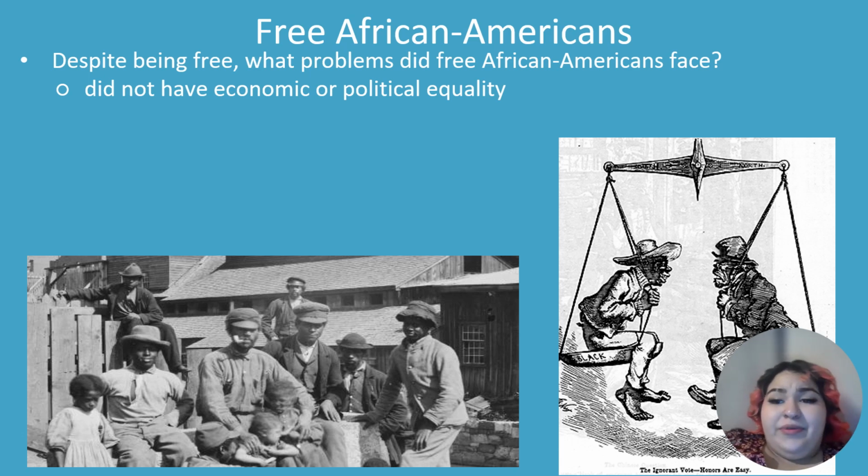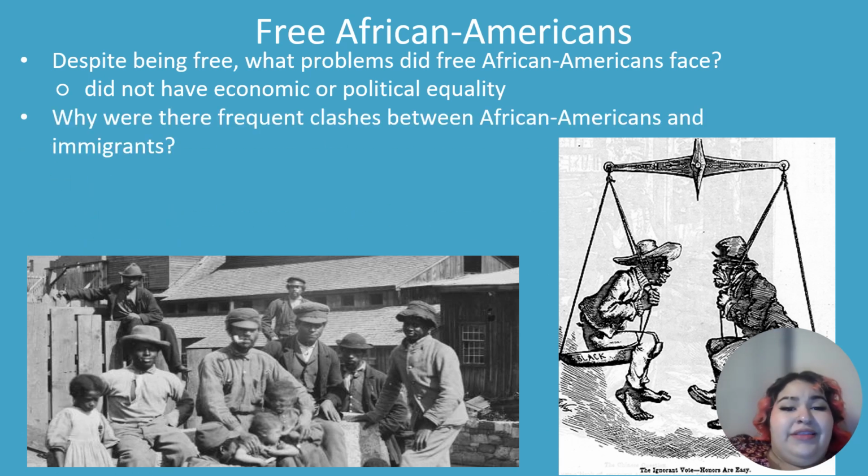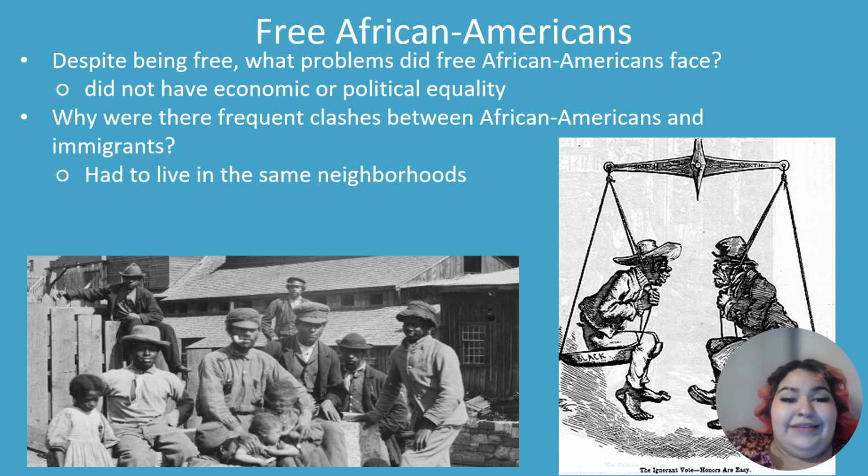And so here's where the immigrants play a part. The immigrants, once they move to the cities, they're gonna have a lot of frequent clashes with the African Americans, right? And that's gonna be for two reasons. One, immigrants and African Americans are gonna fall under the same economic class, meaning that they are both in the lower class, right? Meaning that they need money. Because of this, both of these groups of people were forced to live in the same neighborhoods.